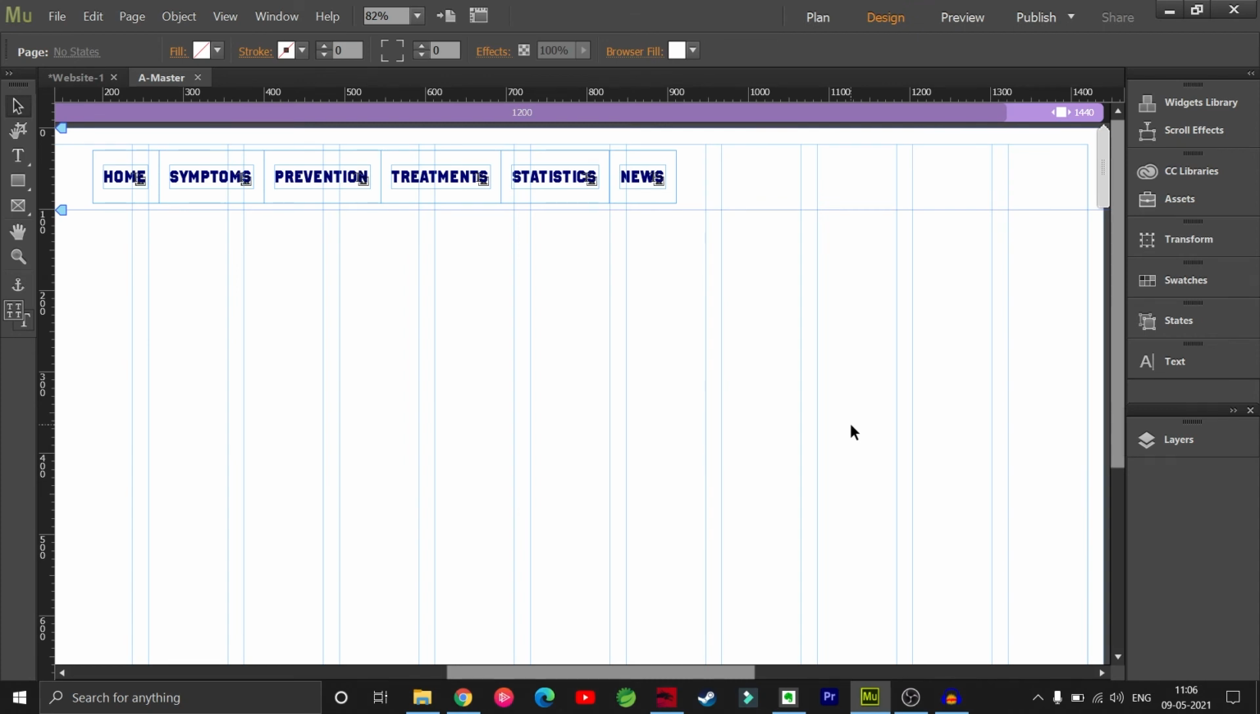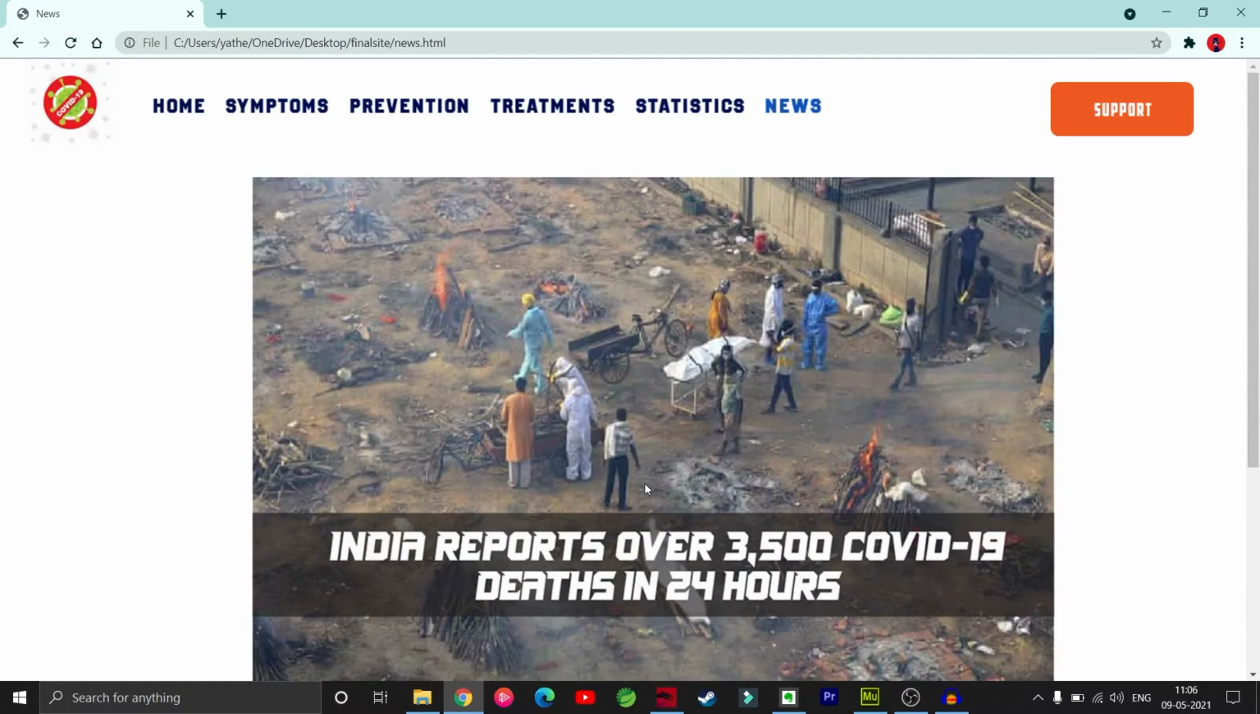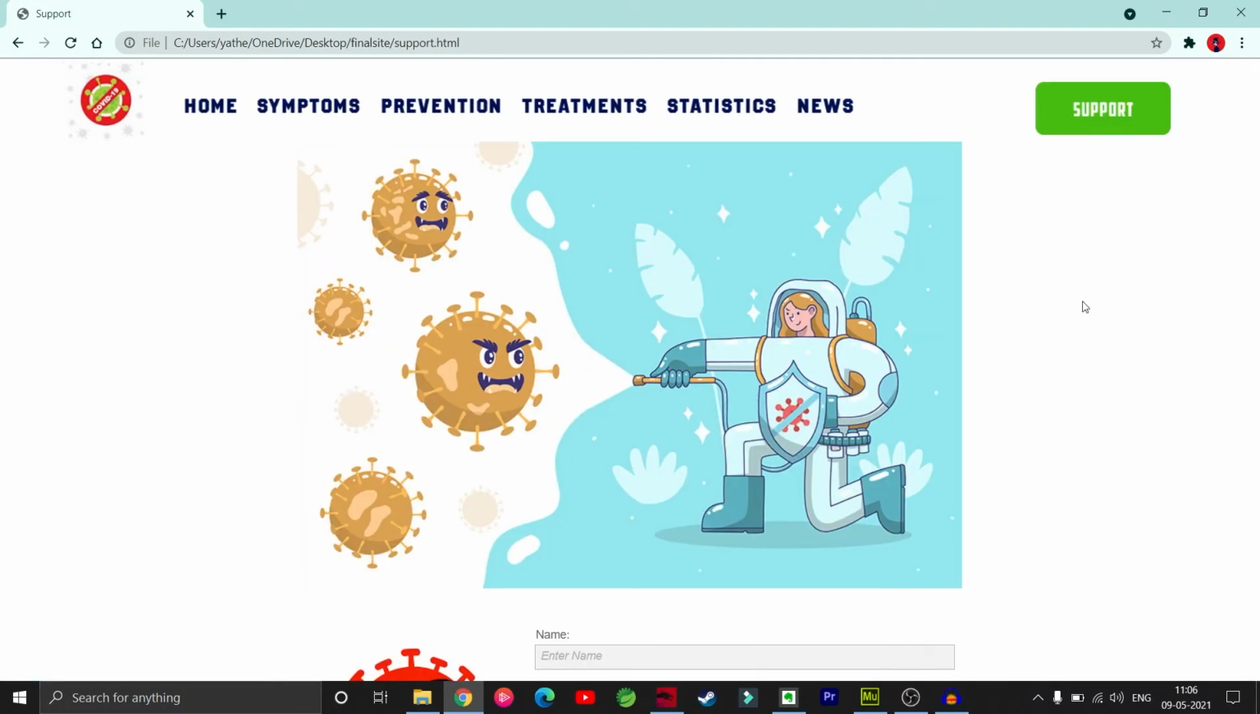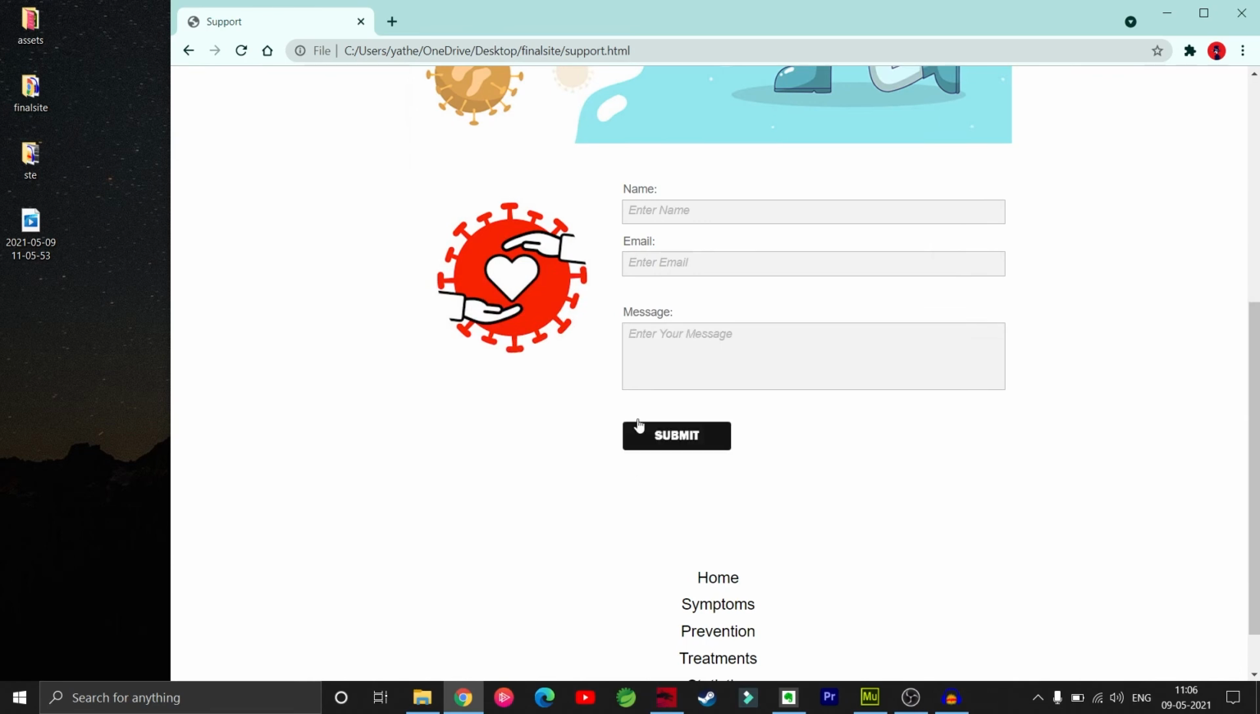Now we almost completed the website. There is only one thing we need to add, which is support page. To add that, I'm in a master page. So as we can see in the final website, the support page lies in the top right corner, which is a button. When I click this button, it will have an image and it also has a nice little form